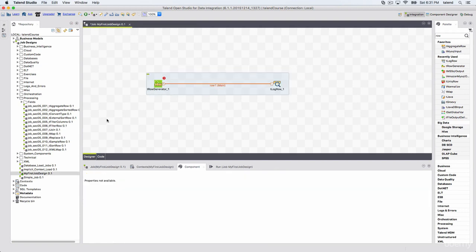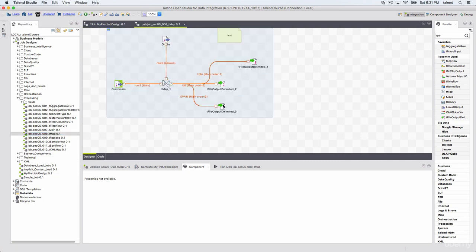Then we have another connection type which is called error reject. Error reject is different than the reject connection type. The reject connection type can be used with any component type, whereas error reject is available only with the tMap. So let me show you what the error reject connection type is.